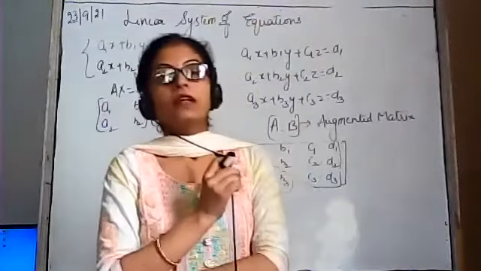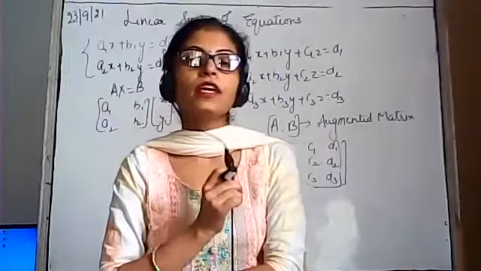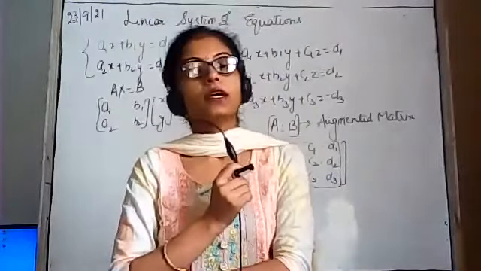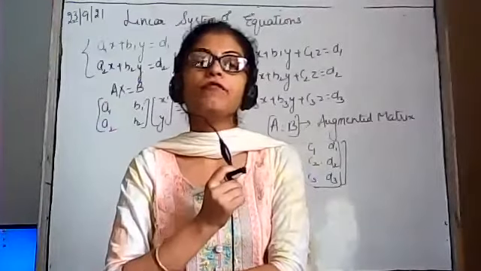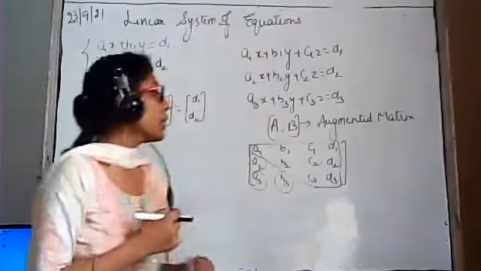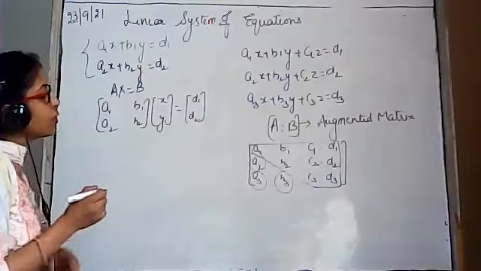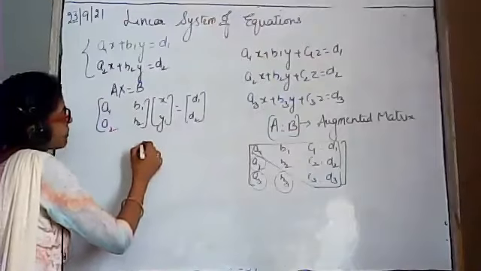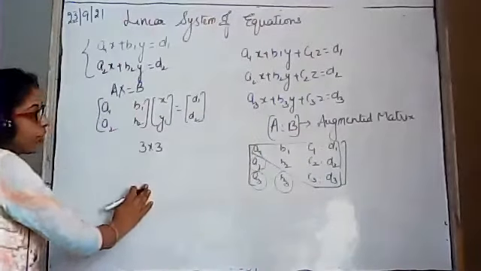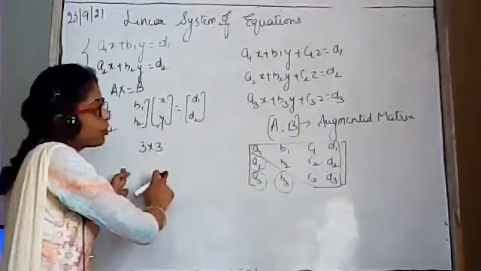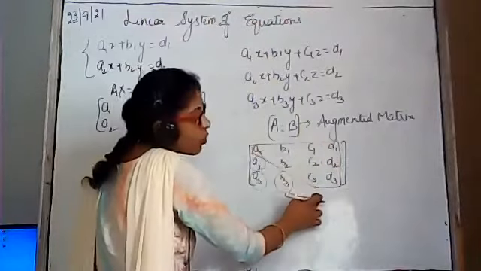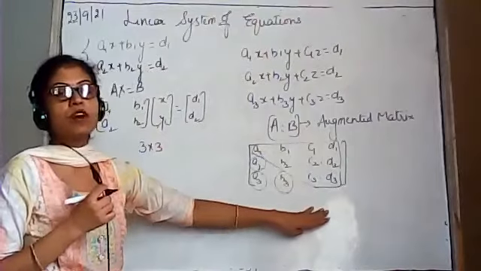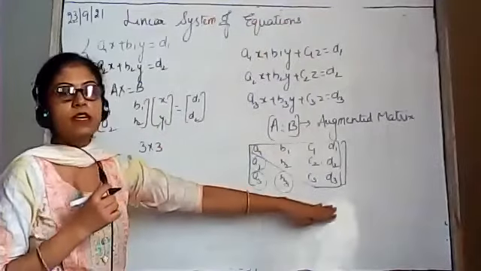Now, the solution. To find the solution, you know that we have three types of solutions. Number one, unique solution. Number two, no solution. And number three, infinitely many solutions. According to the unique solution, let us suppose we have a matrix of order 3 by 3. If in this 3 by 3 order all the 3 rows exist, meaning if only one non-zero element is there, there will be an equation.